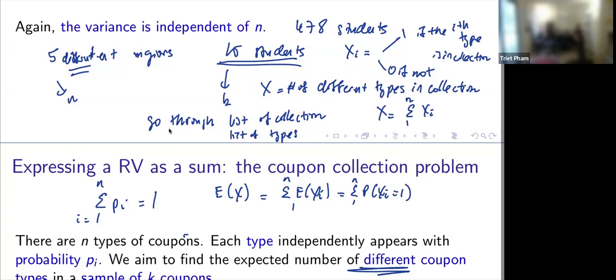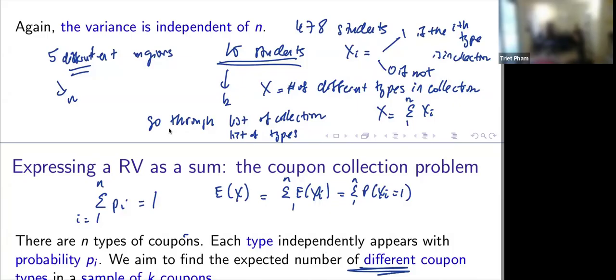We can calculate the probability by the complement. At least one is the same as 1 minus not present. So probability Xi equals 1 is 1 minus the probability that Xi is not present, that the ith type is not present